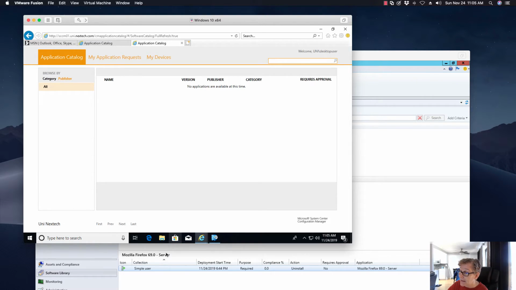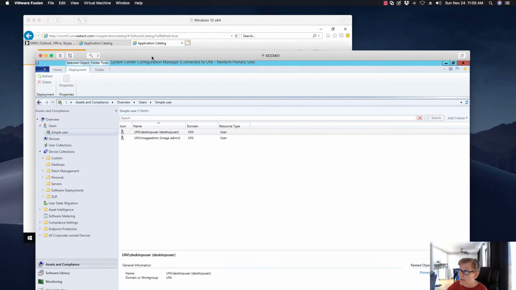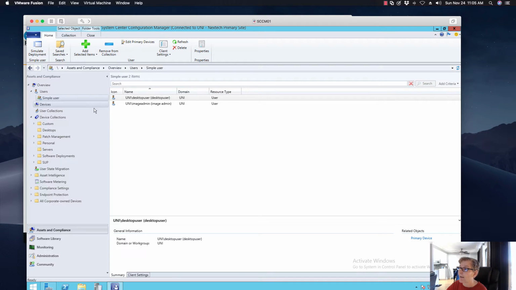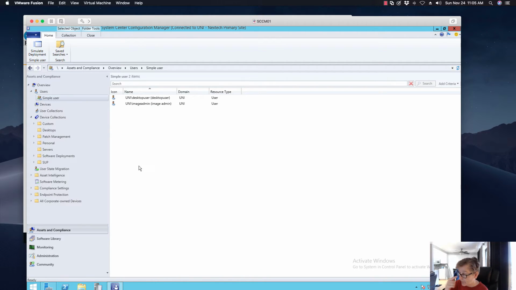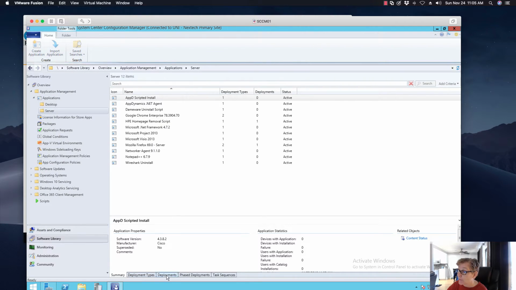Now, because I installed for user, if I go to the actual collection, it's the machine, that user, which is this one. Okay, all right, so now what I'm going to do is change it to install for a device, and then I'm going to do a different deployment. So you'll see that while this one was installed for user,